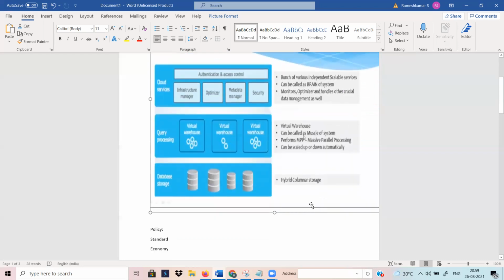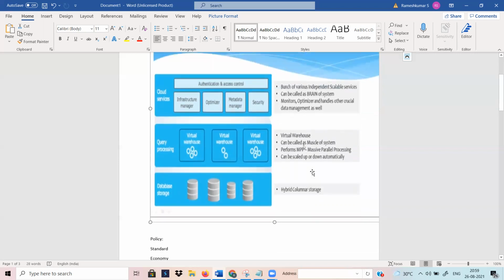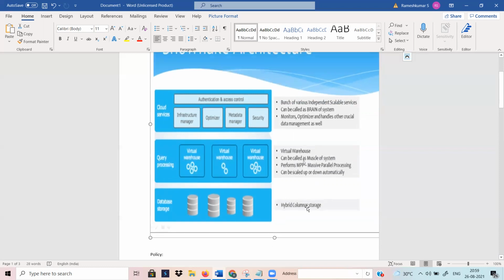But why are we calling this hybrid columnar storage? Generally, when we are storing data into a database, it is in row and column format, right? It is loaded row by row. But here, what is the beauty of this one? The data is loaded block-wise, block by block, into the system.